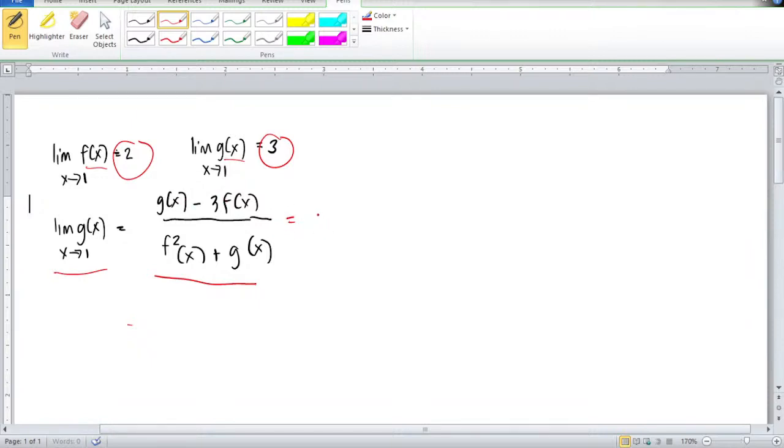We have the limit of g of x, which is 3, minus 3 times the limit of f of x, which is 2, all over